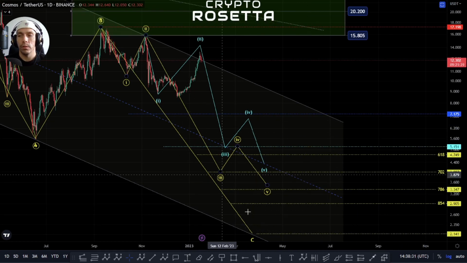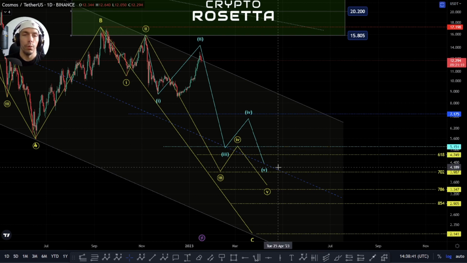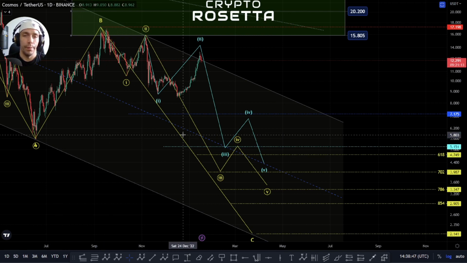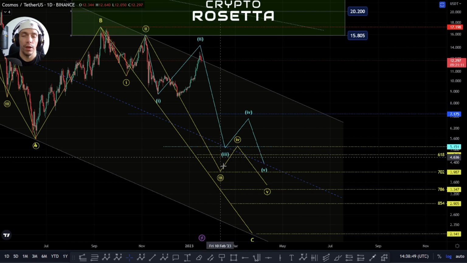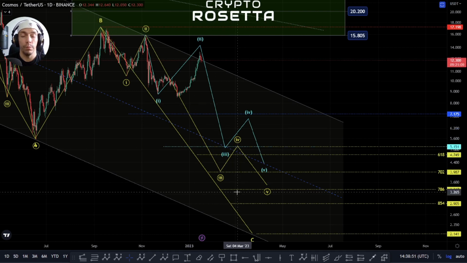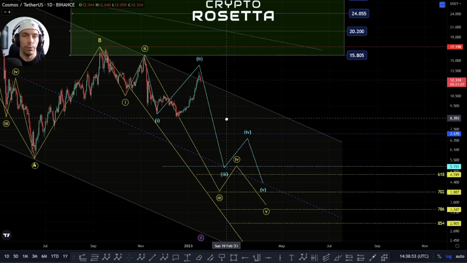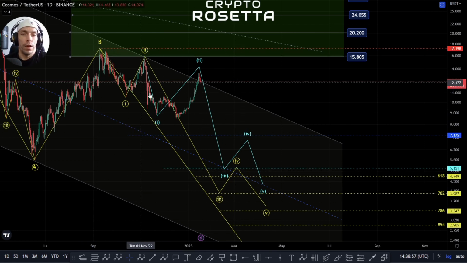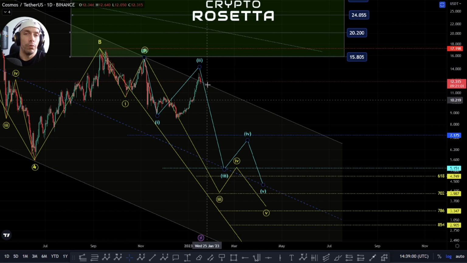It doesn't have to travel to 1 to 1, and we could effectively look to potentially, at a minimum, come down to this 618 zone, which would be this $4.74.9. But basically all we'd really have to do is take this A wave low. I'd prefer it to come down to the 618 for further clarification, but it is possible that it doesn't have to. So we just need to see how we'll get more of an indication off of the wave structure